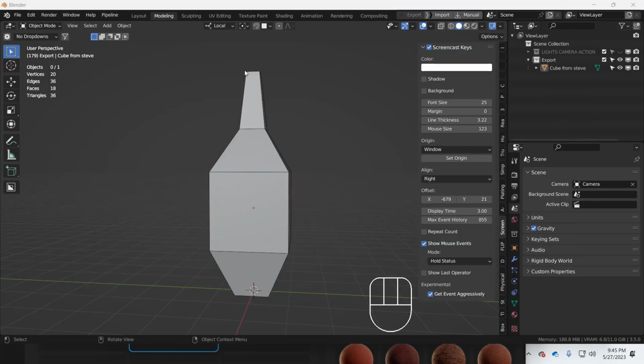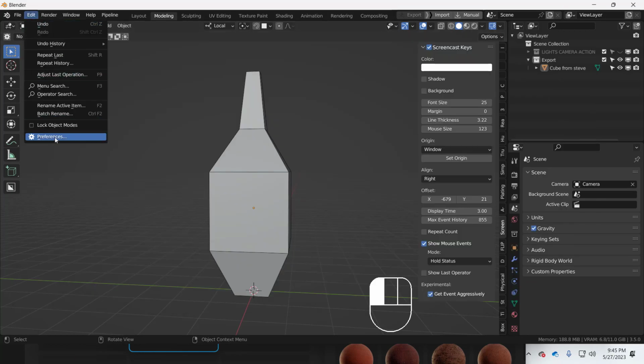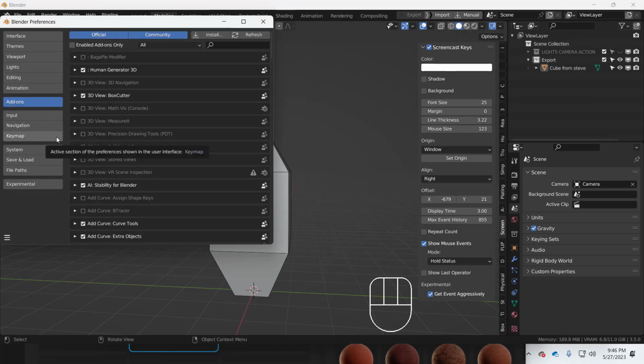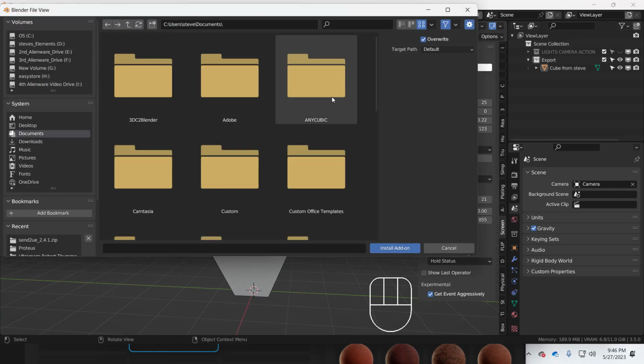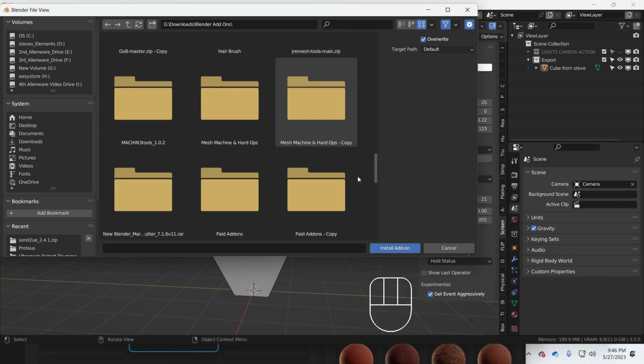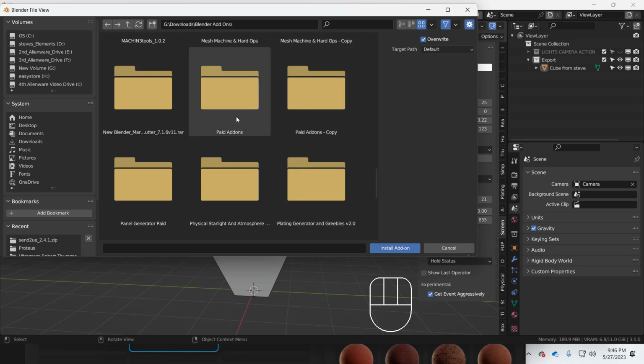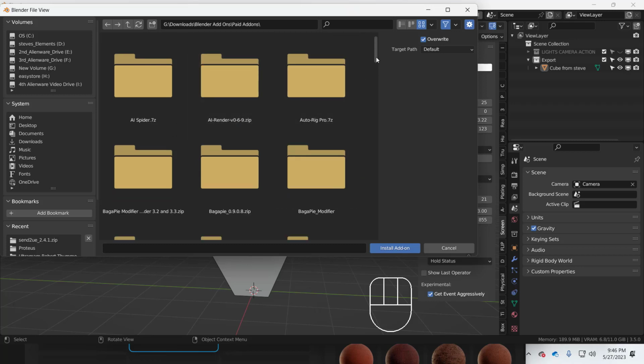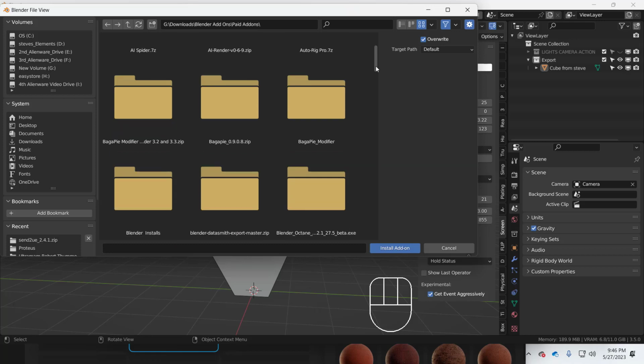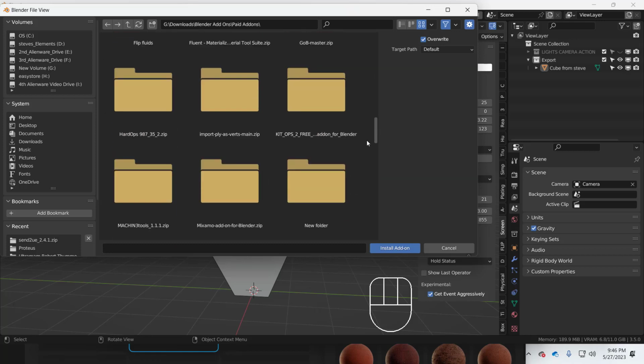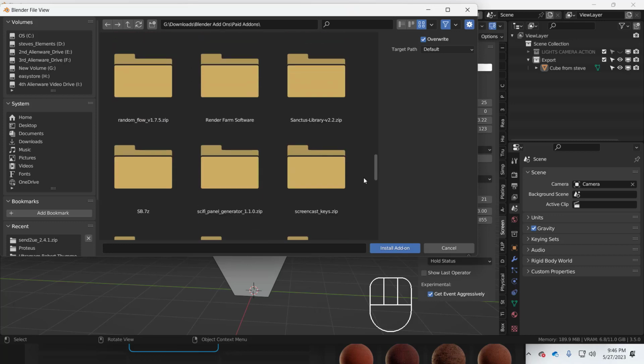So let's go back to Blender, all right? And we're going to go to Edit menu, go to your Preferences, and then you go to your add-ons here and install. Now, once you download it, mine was in my downloads folder on another drive, so I'm going to come right over here to my G drive, go to my downloads, and let's go find Blender add-ons. And then I have a special little folder called Paid Add-ons right there. And then let's go find the actual file,